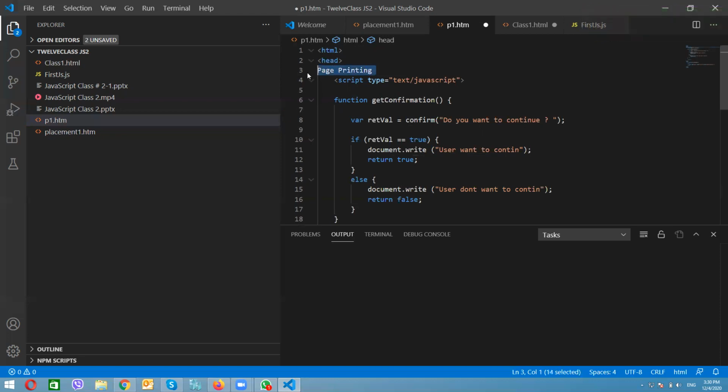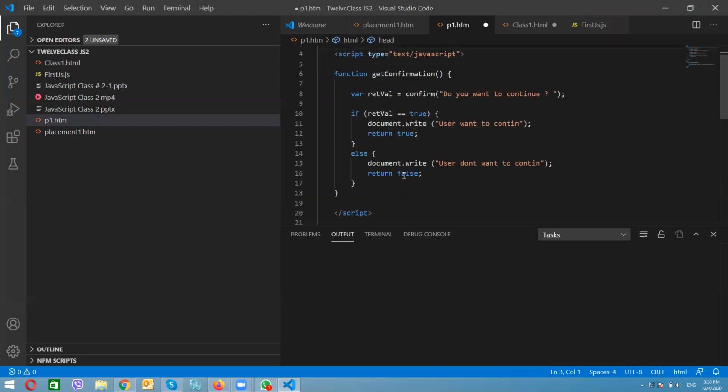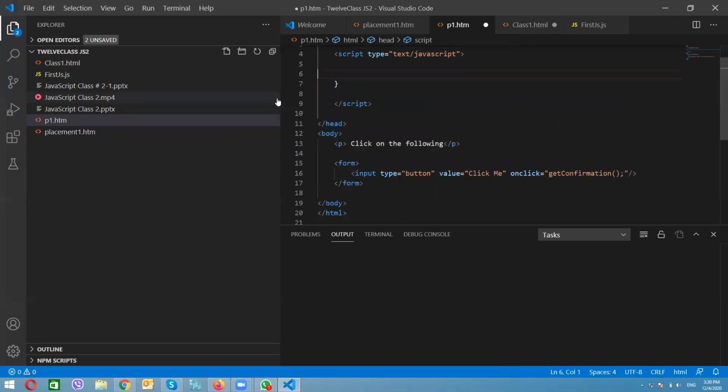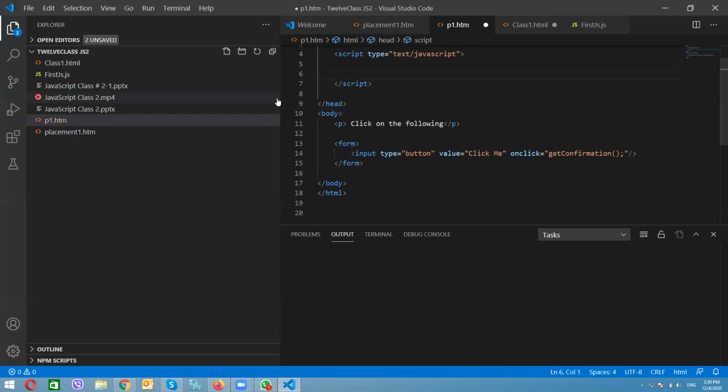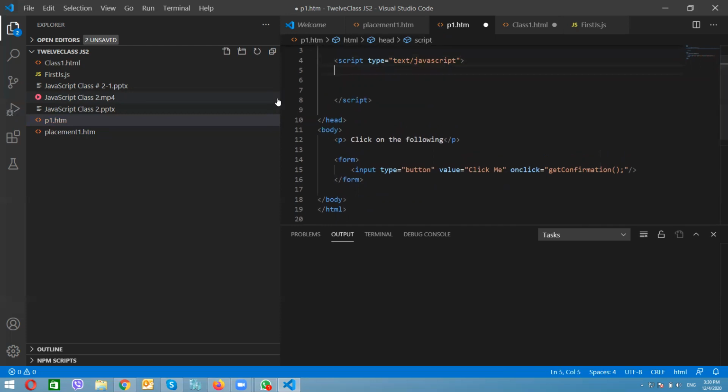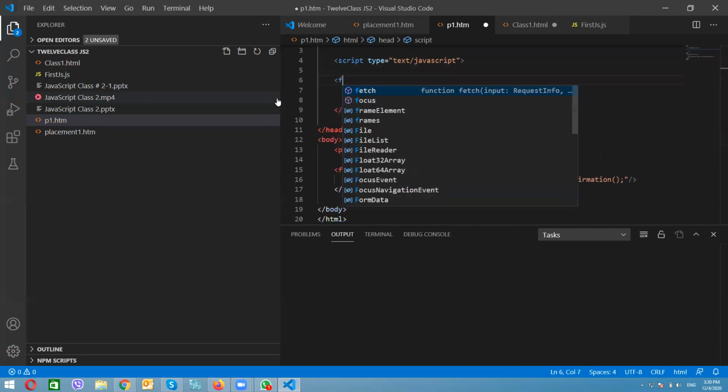This one I remove. We'll remove everything from here up to here. This one also I'm going to remove. Now I will create a form.